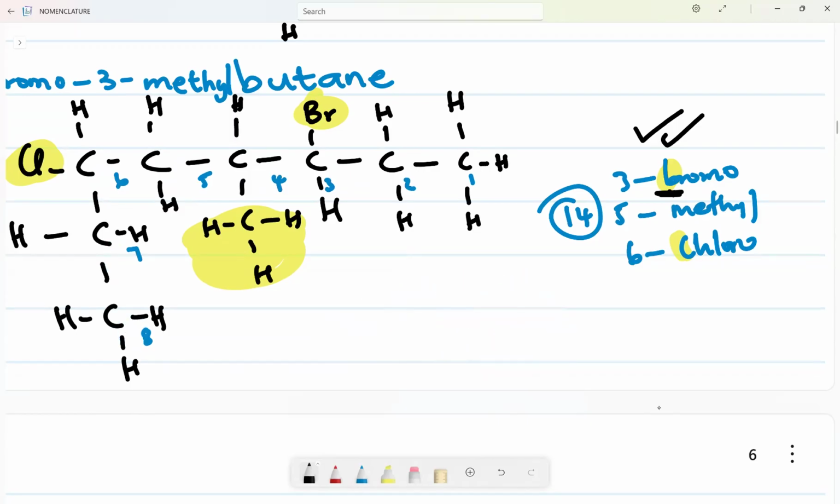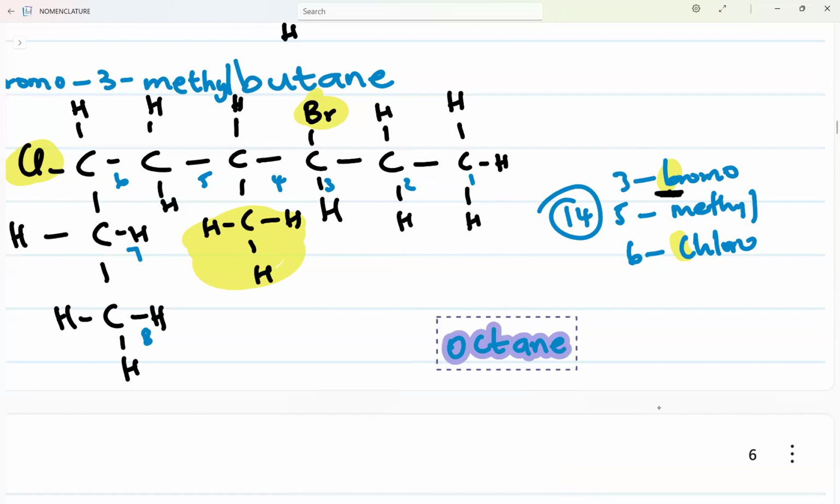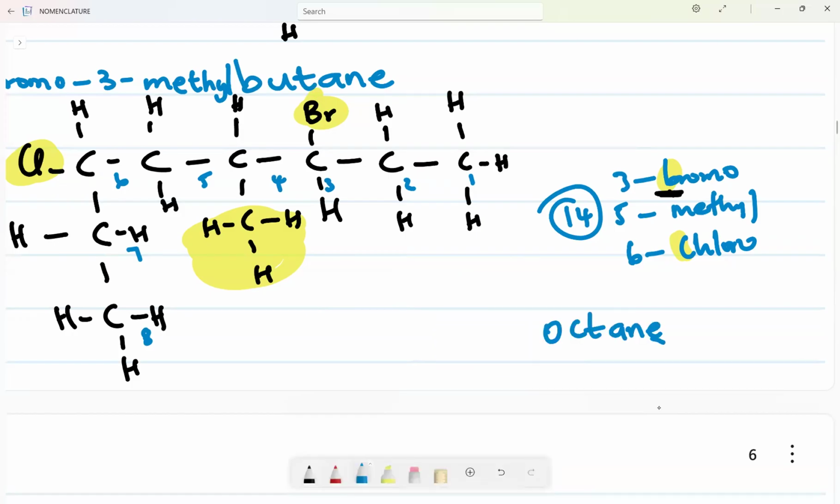So now we're going to use this again. We're going to say, okay, the name of this one, since we know the longest chain is oct, it's going to be octane. Because for alkane, we just say the prefix, the number of carbons, then the functional group, which is ane, or the prefix and suffix. Now, what are we going to say now? We're going to say, okay, if we have that,